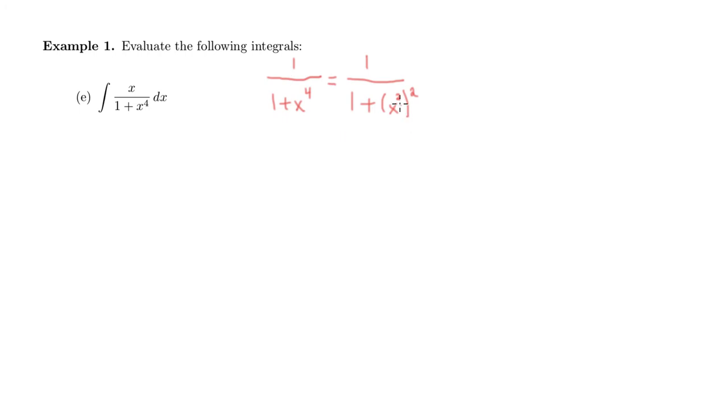And if I take the derivative of x squared, well then I'm going to pick up something that's sort of like x. Now it's going to be 2x, but that's close enough. So that tells me to set u to be x squared, so that du is 2x dx, or in other words, this x dx